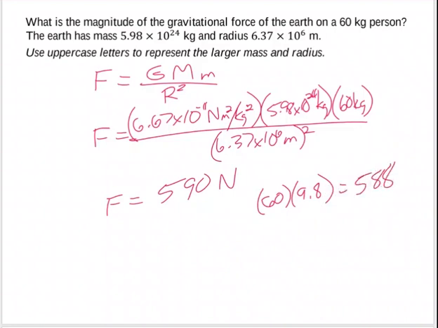With significant figures, that would take us to 590 also, but a slightly different number. With this calculation, we're using an approximate mass of Earth and the gravitational constant and